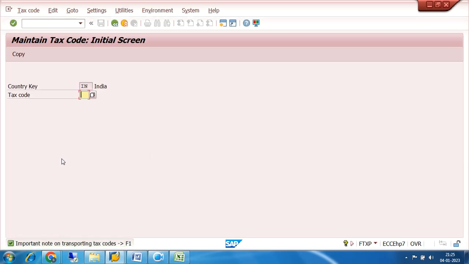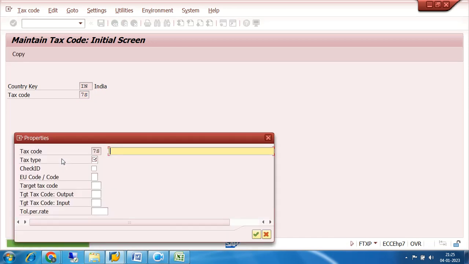Now I am selecting the tax procedure, say 7S. This is 2-digit actually. Then click on enter. While clicking on enter, it will ask you the description. In this description, I will describe it 7200 SGST input